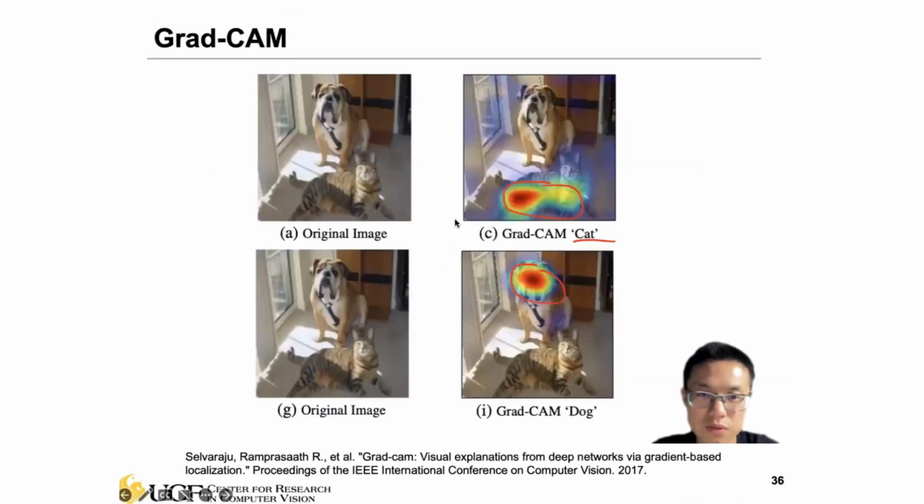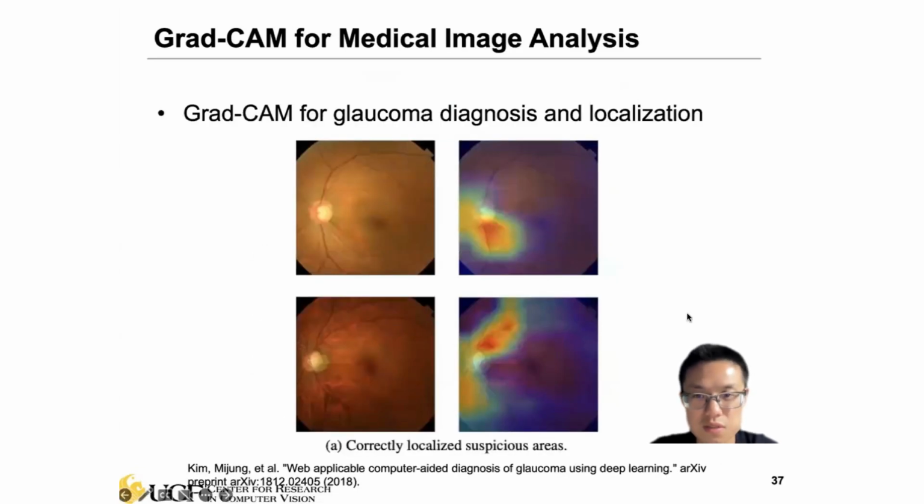Grad-CAM does not rely on global average pooling. That's one limitation of CAM, since the network has to rely on global average pooling. For some architectures that don't have GAP, they have to incorporate it and maybe retrain the model. Grad-CAM can mitigate that limitation, and also give maybe more accurate localization of the important region for interpretation.